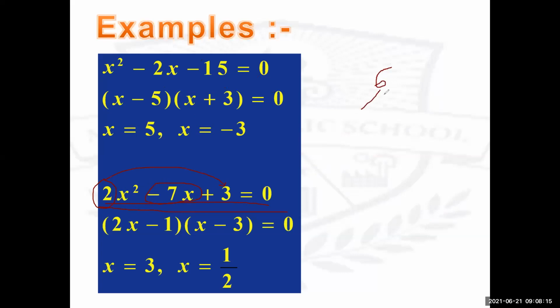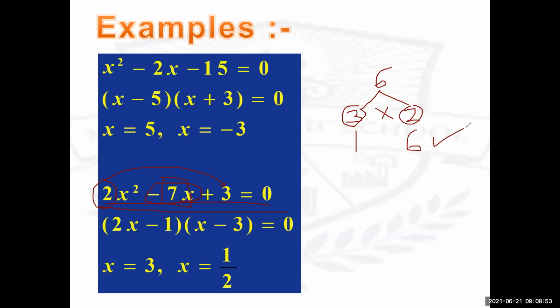So now what are the factors of 6? It's 3, 2, 1, 6. Understood? So these are the two pairs. Now out of that, which one are you going to apply? You have to check whether the addition or subtraction of these two will give you 7. If you subtract or add 3 and 2, you're not getting 7 here. But if you add 6 plus 1, you're getting 7. So you're going to apply 1 and 6.